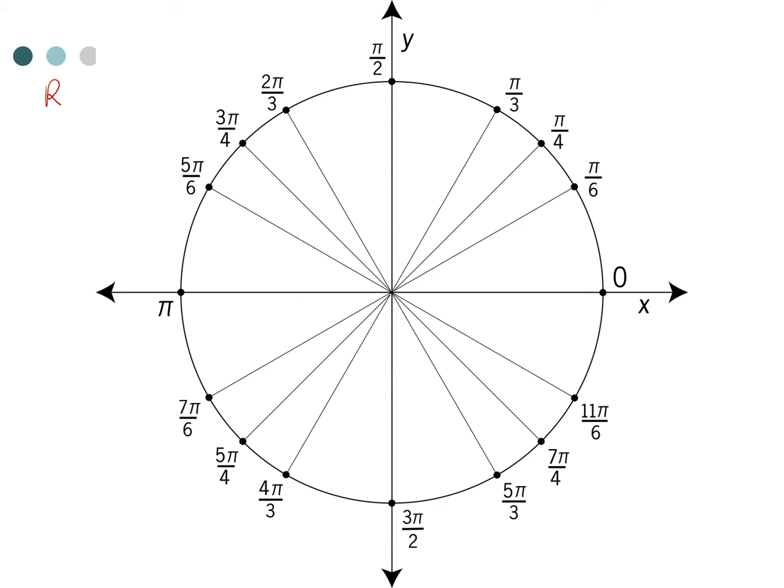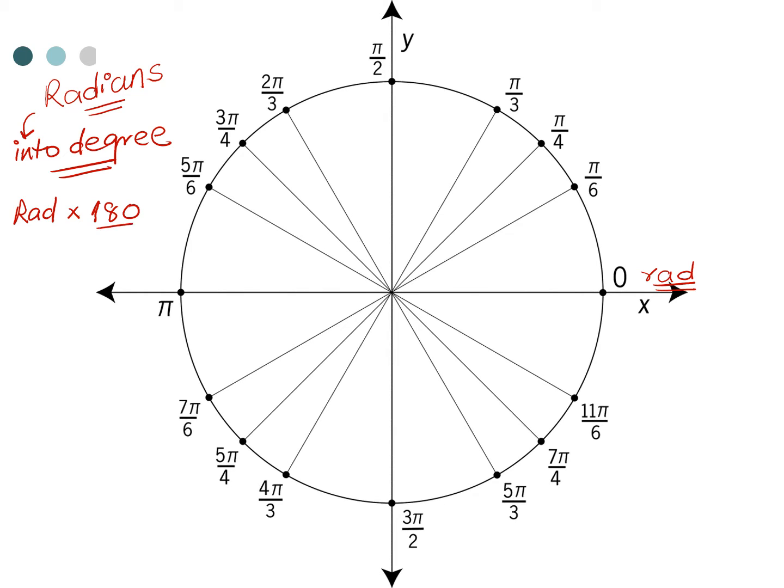You can see here that all the angles are given in the form of radians. So here we have 0 radians on the x-axis, and on the top, the y-axis, we have pi over 2 radians. So the first thing that comes up is how we can change radians into degrees to understand and visualize in a better way. In order to change radians into degrees, if any radian is written, you can multiply it by 180 over pi.